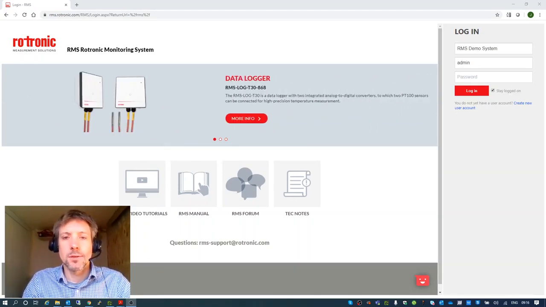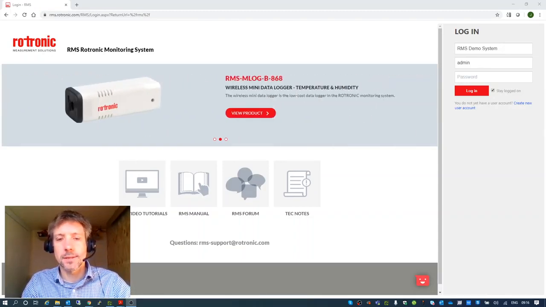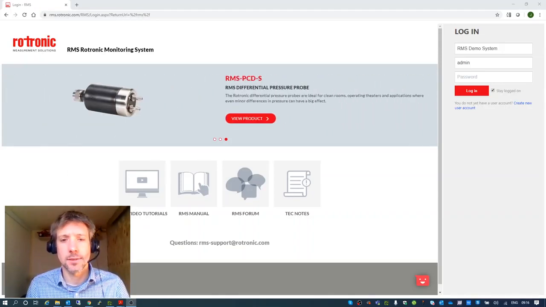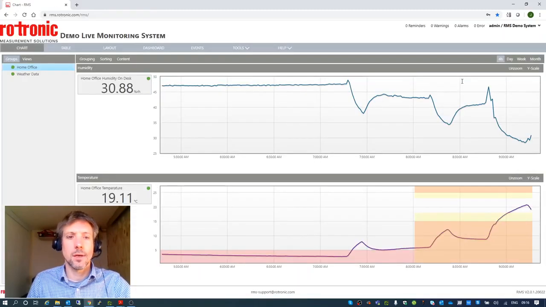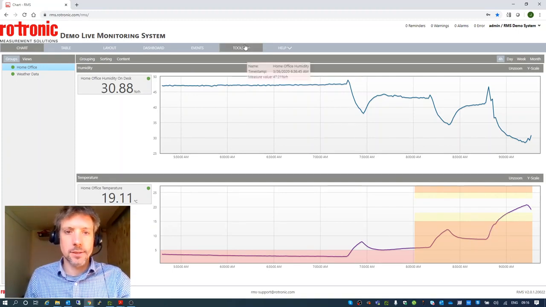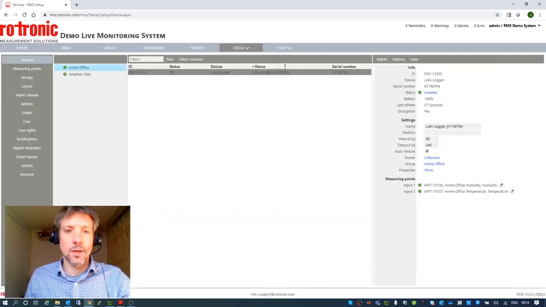So we're going to continue our series of webinars on the Rotronic Monitoring System RMS, and today I wanted to demonstrate how we add wireless devices to the system. So here we are, let's log in to our demo account, and once again we can see a cold night, and heating is coming on and warming up the home office here. So yes, this is a LAN device, and if we want to add a wireless device, we go through to